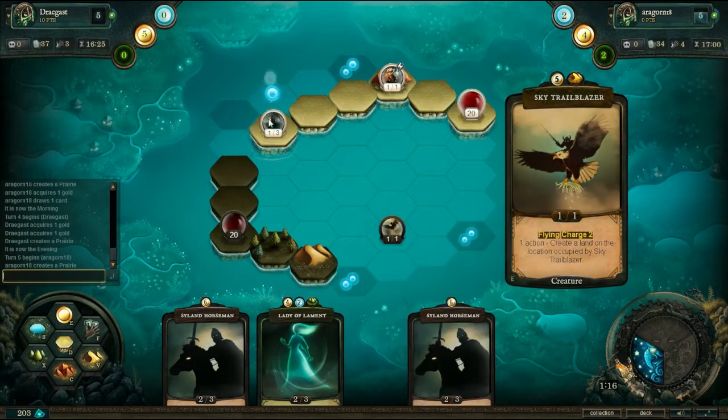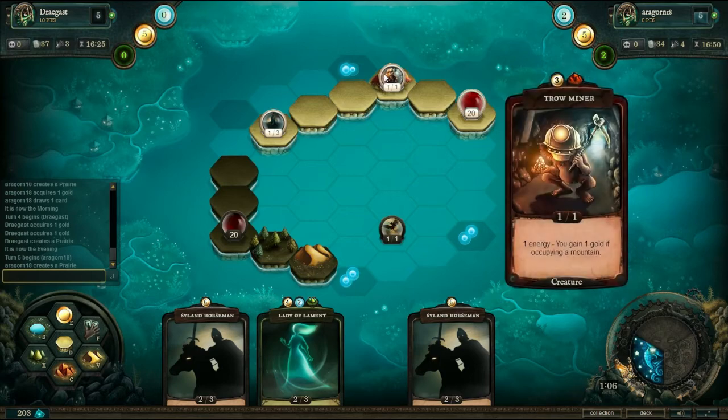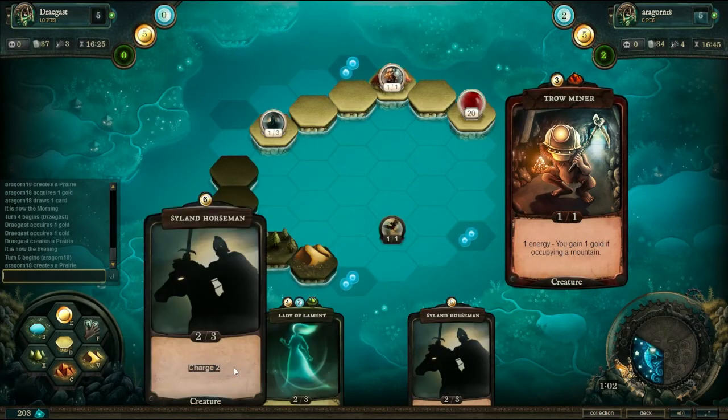So he's obviously rushing over to get that because he knows I'm going to be going over there. And he hasn't even focused on his closest one yet. But he will probably be getting it now, I think. And I'm going to have to start grabbing some new cards because...